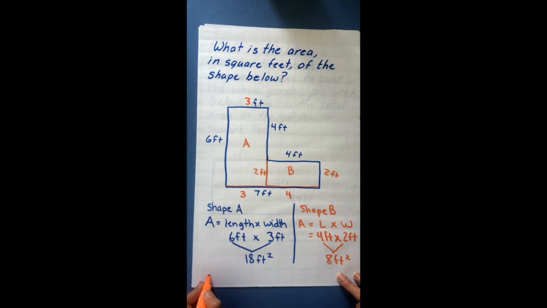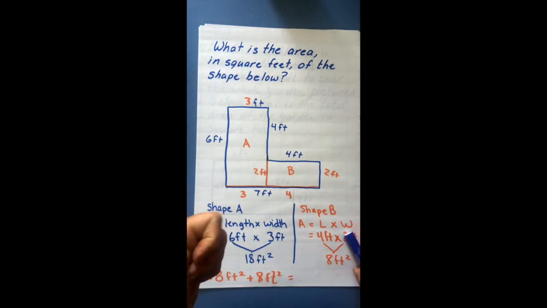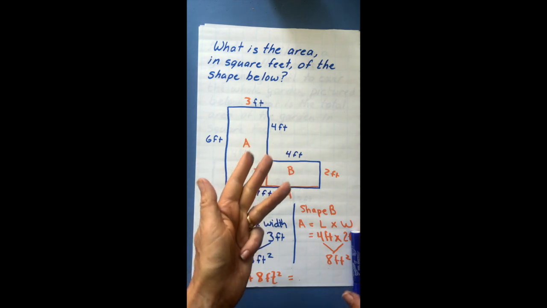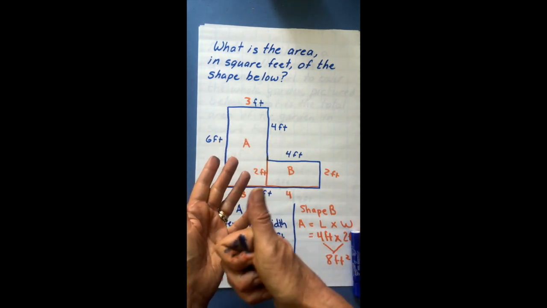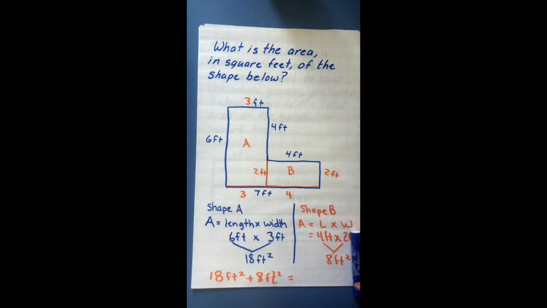So if I add A, which was 18 feet squared, plus the area of shape B, which is 8 feet squared. Well, that was weird. I get 18, 19, 20, 21, 22, 23, 24, 25, 26. So that's 26